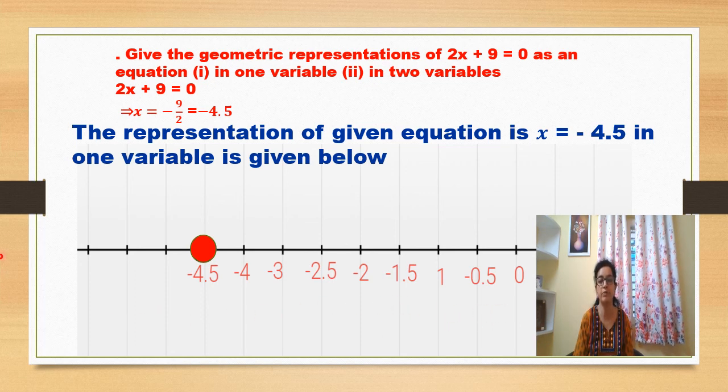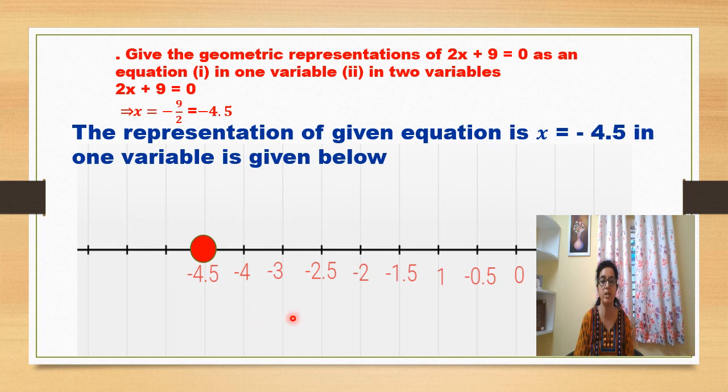Now be careful: when we want to represent it on the number line, the number is minus 4.5. So we need not write the positive numbers 1, 2, 3 and waste our time. They are of no requirement. They are useless to write on the number line. So to make the number line decent, you just start from 0 and move towards the negative side, that is, over the left side.